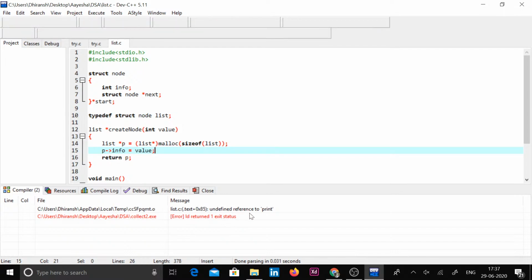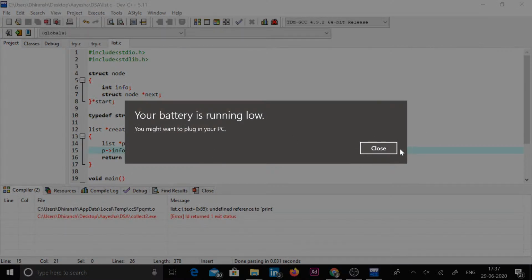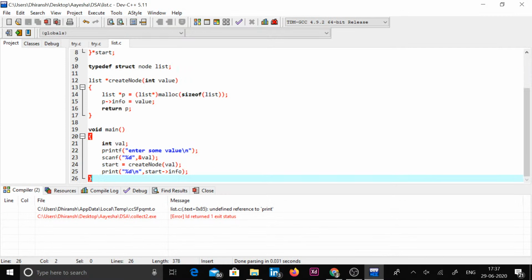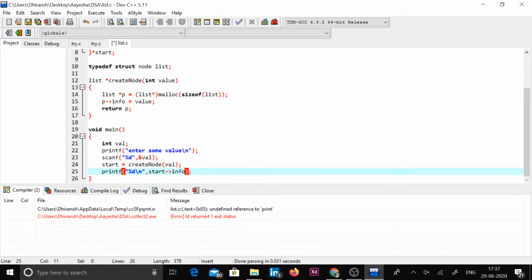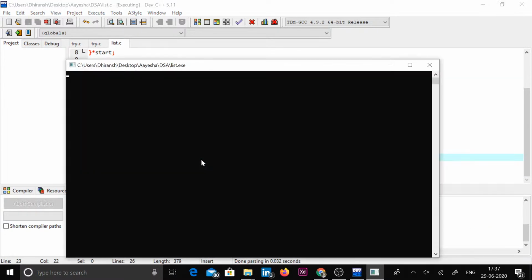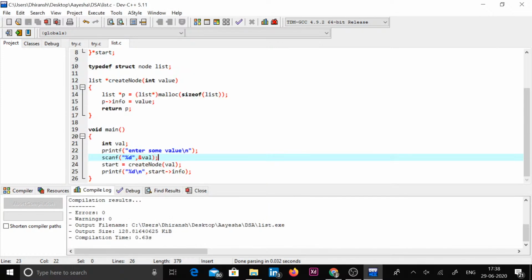Okay, now what is this? Oh, print. Battery is low. Yeah, this will be printf. Let's see. Oh, it's not showing. And yeah, enter some value. Let's enter 30. It's printing 30. Yeah, it's working fine. All we did was we didn't allocate memory at first. Yeah, such a common mistake. Now, since we are allocating memory, we are also initializing the data. We are doing everything. All we need to do right now is